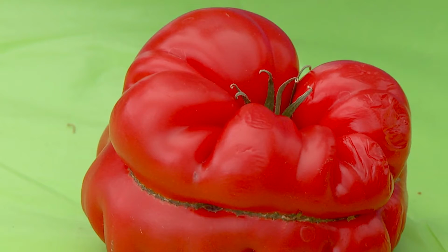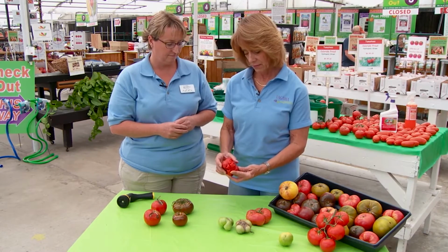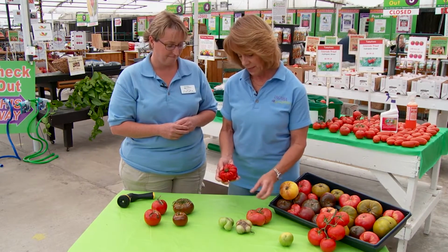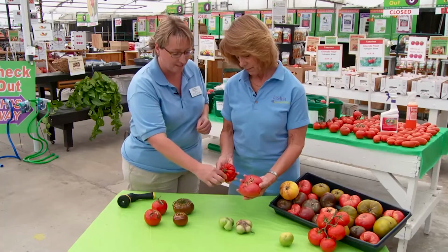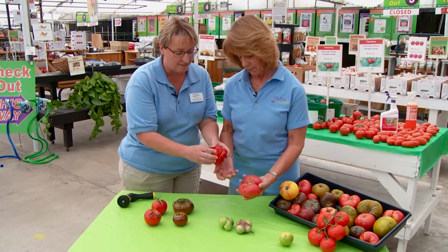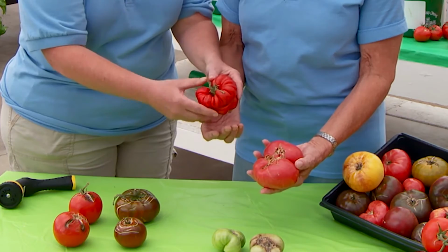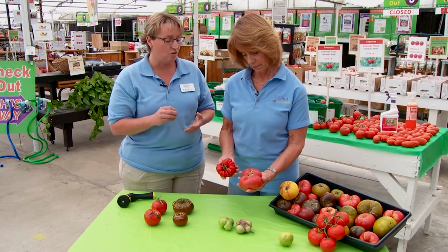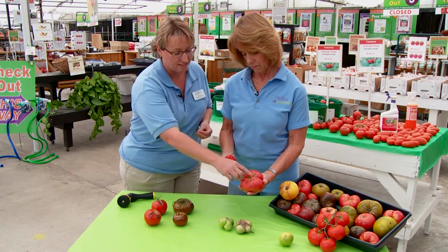Another problem that we're seeing, which makes for some incredibly picturesque tomatoes, and Trish has found one that is absolutely positively remarkable. Another heirloom tomato, what do we call this? Casaluto. It's a fluted tomato, so this part is normal. But you can see where the blossom has stuck there when it was pollinated and caused cat facing. What causes this? Cat facing happens when it's too cold when it's pollinated, and the blossom sticks there and causes these